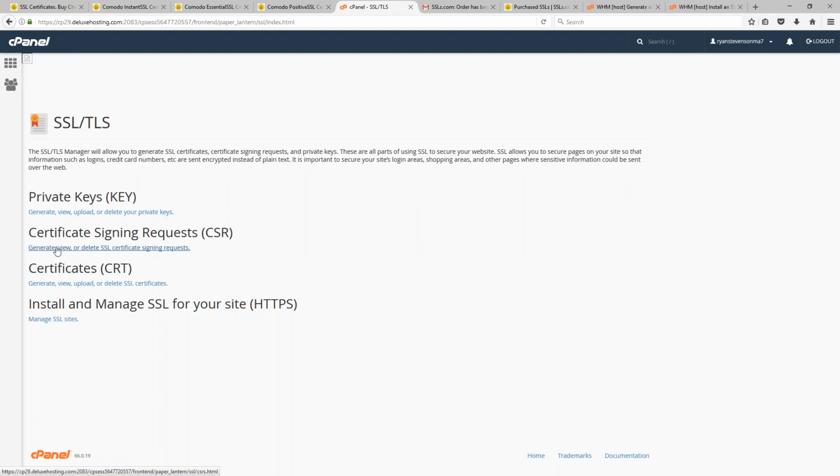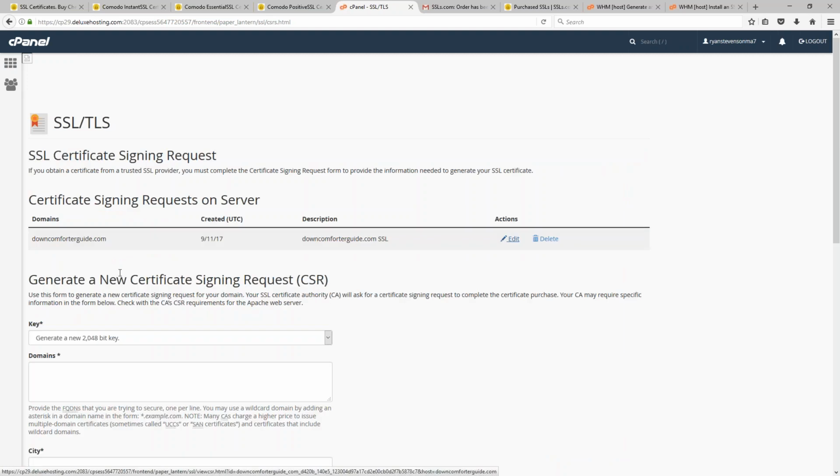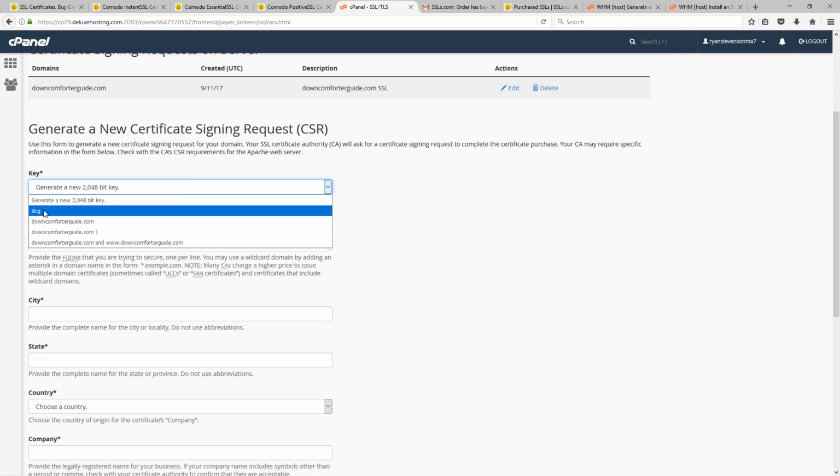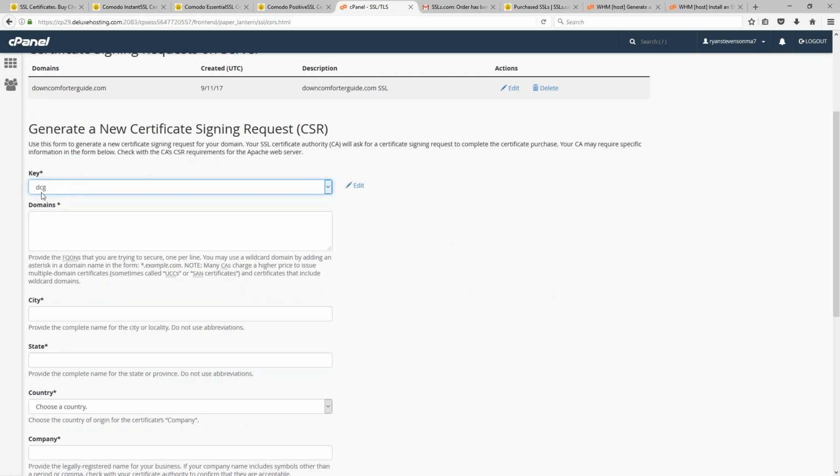So the next step is going to involve the certificate signing request. We click on the link here to get to generating this certificate signing request. We have the key, where we can select the key that we have just generated. And what this is, it's basically an encryption key that tells your SSL certificate how to actually go about encrypting the information that's going to be sent. So this is unique information that's being generated by your server. That way,